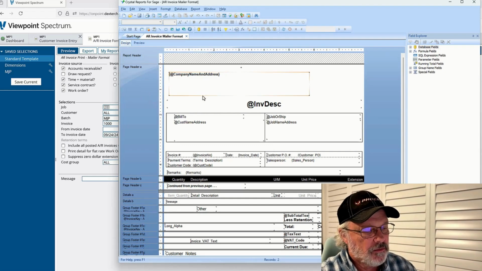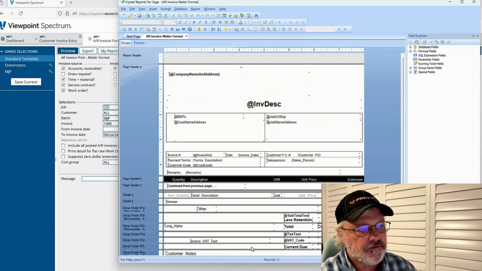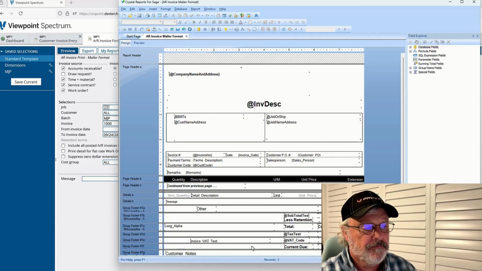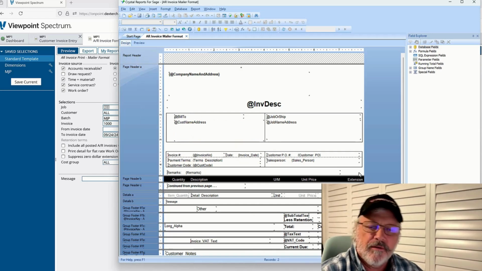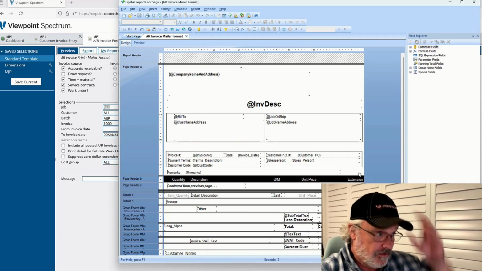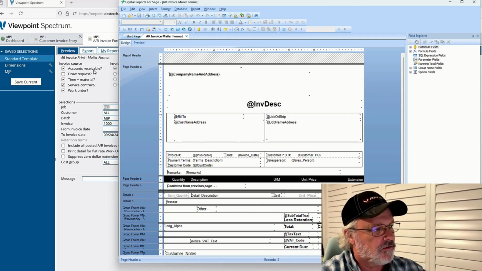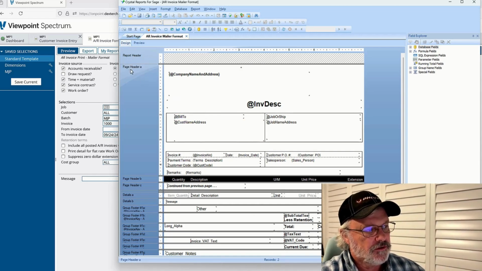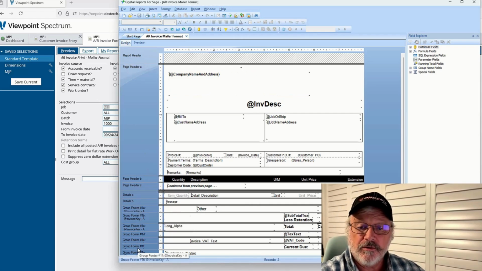You can see, we've got the design pad here where we're adding fields to our form or to our report. And then over on the left, we've got sections. And so another one of Crystal's secret sauce areas are these sections. You can see that as I go down, I've got report headers, page header, ABC, details, AB, group footers, so on and so on. The purpose of these is to put objects into these sections to print once per page header A, once per page header B, once per detail, once per